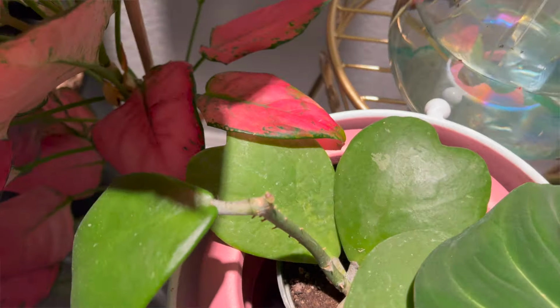So this one lives under my Soltech light, but indirect light because there are some leaves blocking her. And then my other one is right on my north facing windowsill. And I water these once a month, y'all. And I don't have a lot of Hoyas. I just have the KERRII,